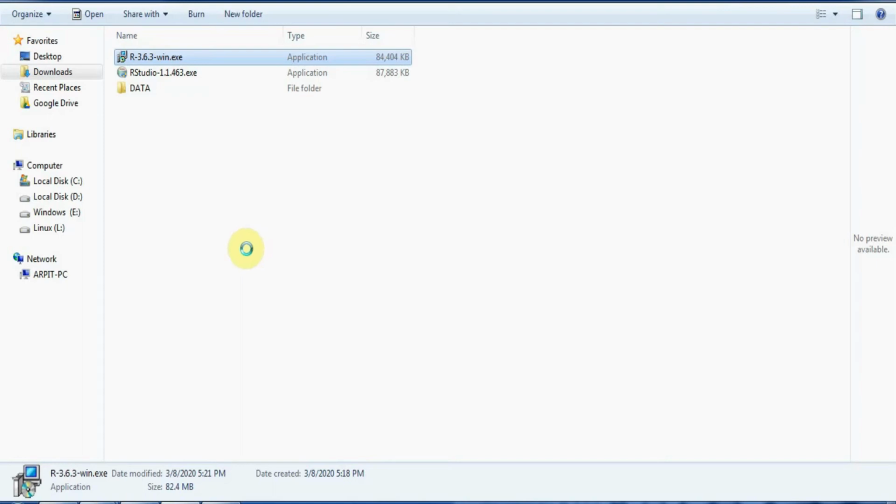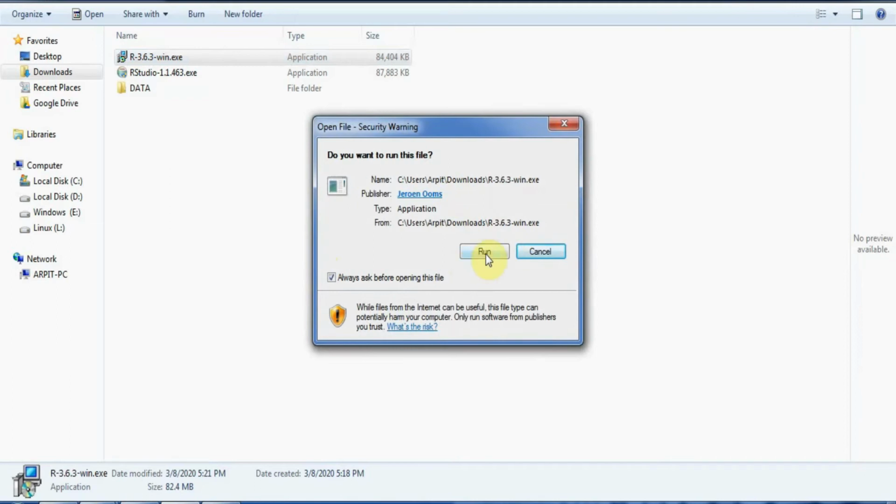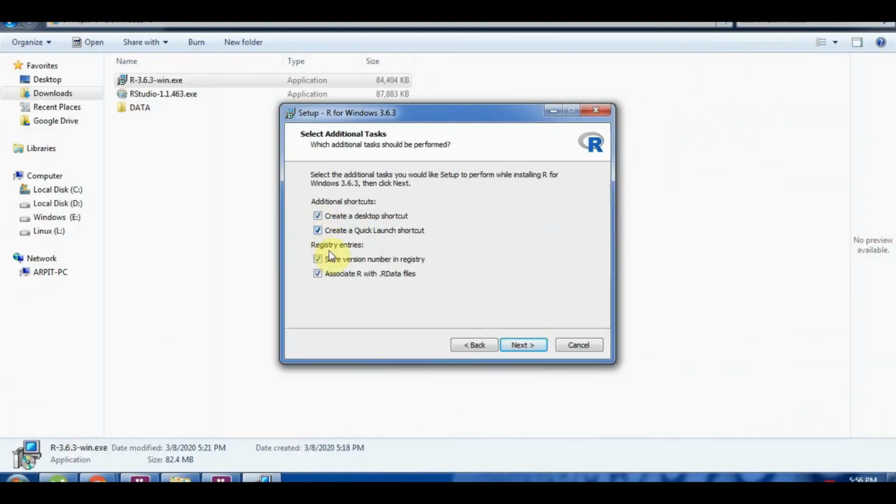All you have to do is click next, but then at one point there is one update. I'll show you right away. All you have to do is run it. So here I would want an additional shortcut. I would want to create a desktop shortcut as well as a quick launch shortcut.